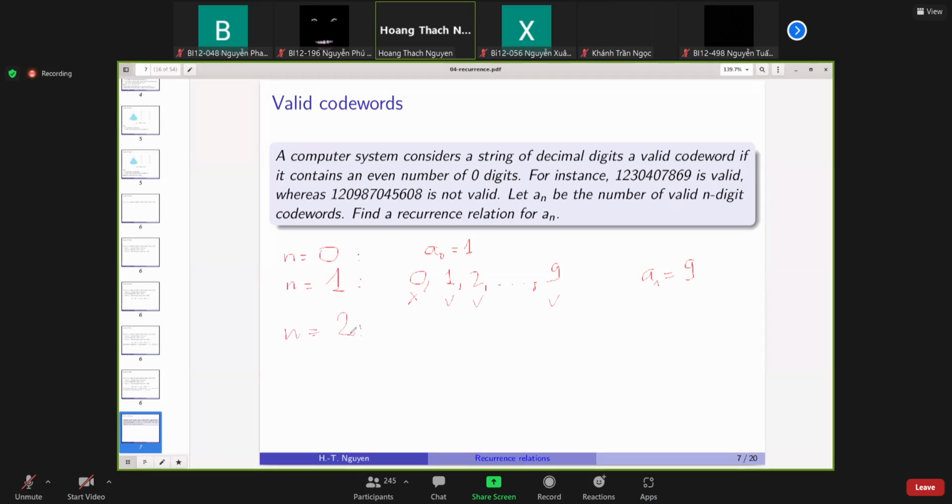So it is not very practical to list all of them. So now we will try to find a recurrence relation between the terms an in order to find a formula for an. Okay, so what will we do? We observe that